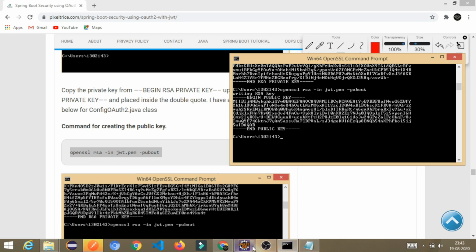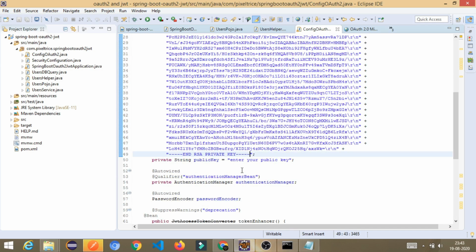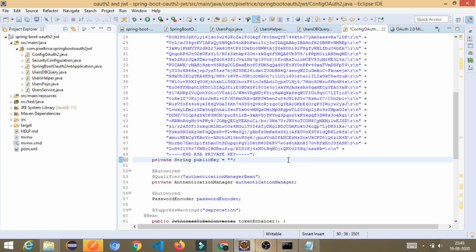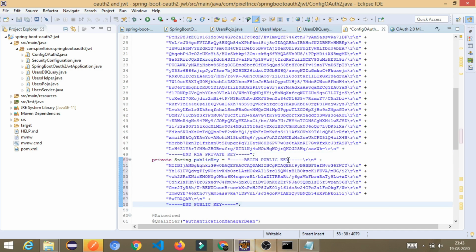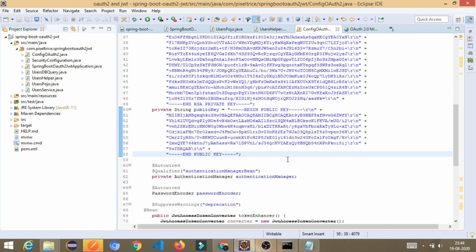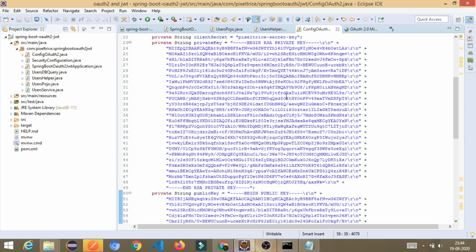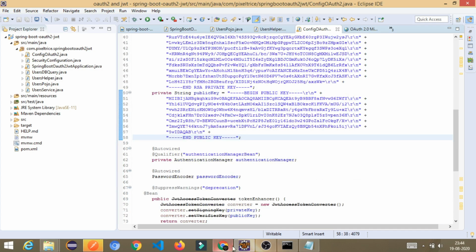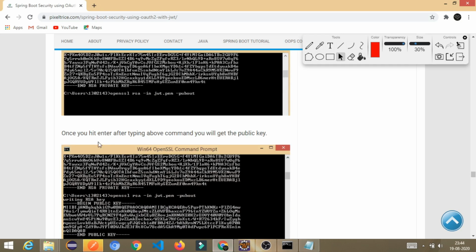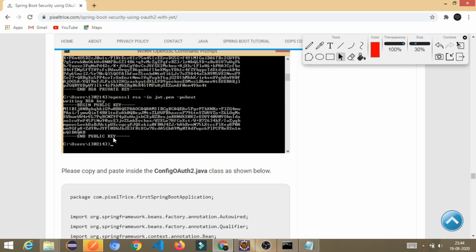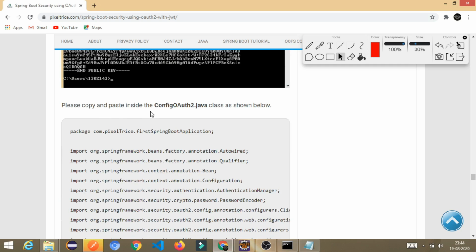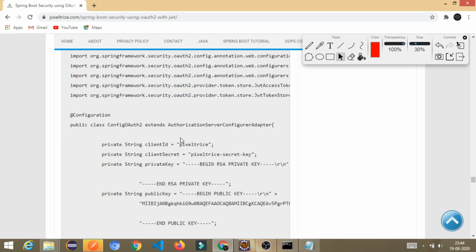I will copy it and go here, remove this, and inside the double quote just paste it, Control V. Now I got the public key as well as the private key. Now jump into the article. What next? Once you hit enter, yes, we got this thing. Please copy and paste inside the config auth2.java class. Okay, we have done it.